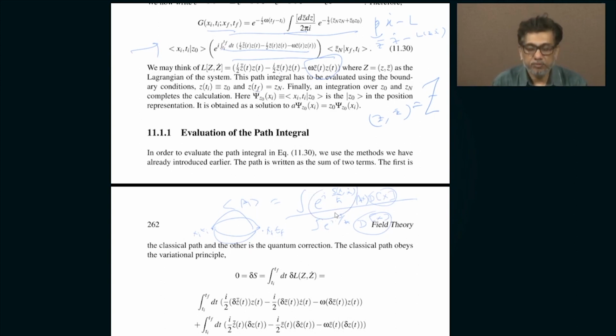So if you look at the absolute value of this weight, it is 1, implying that the probability of the particle choosing any path seems pretty much the same,